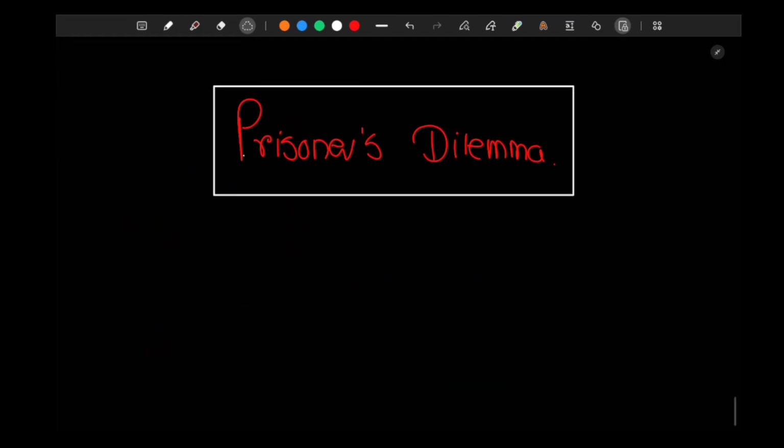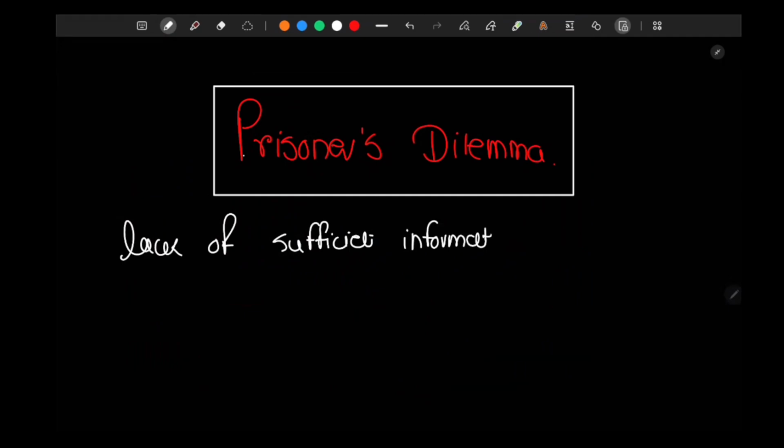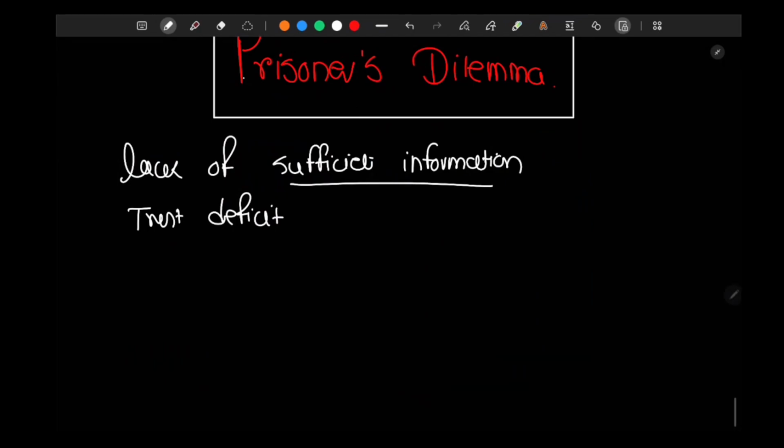Prisoner's dilemma is basically about lack of sufficient information and presence of trust deficit. You either do not trust the other person or there is lack of sufficient information about the other person. When there is lack of sufficient information, when there is trust deficit,